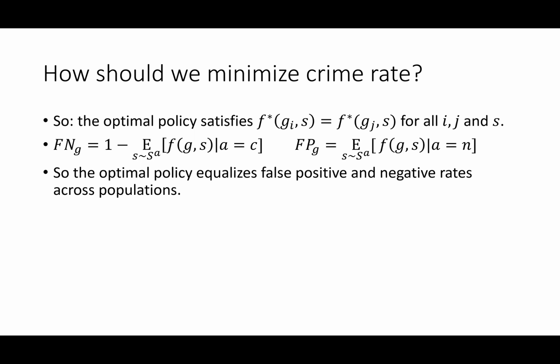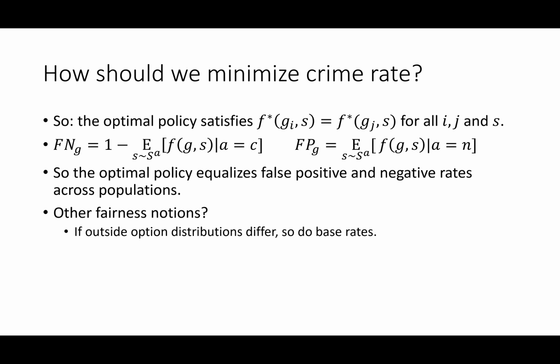We just asked for the policy that would optimize our population-wide goal, in this case to minimize crime. And what we found was that the policy that does that happens to satisfy at least one of these fairness desiderata, the one asking for equalized false positive and false negative rates. And of course, we can ask, does it satisfy the other fairness notions? In general, it will not. Right? We can observe that. So first of all,